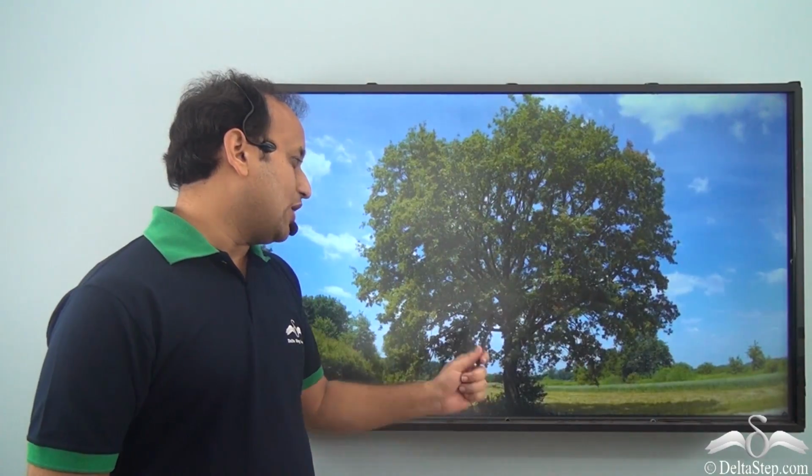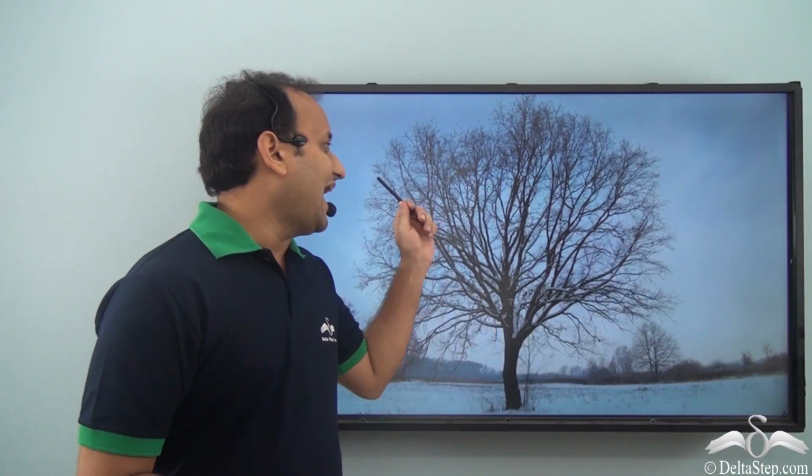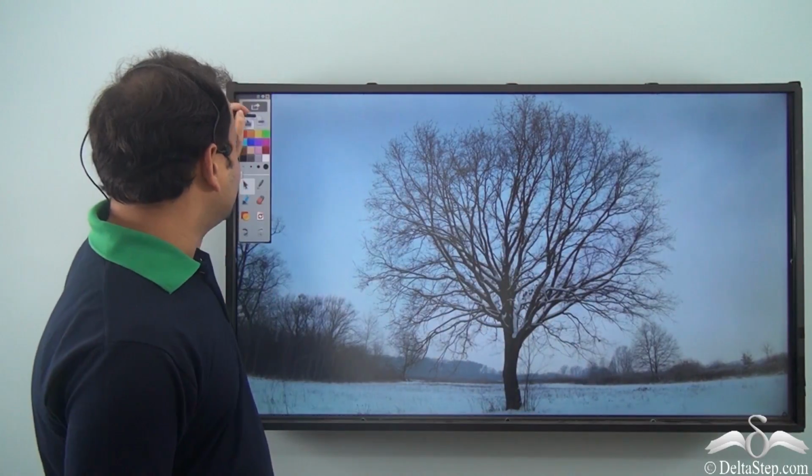We all experience different types of seasons on our planet Earth. And those seasons can be best seen on a tree, isn't it? You see how the tree changes according to every season? Sometimes it sheds its leaves, and then in winters particularly, you won't see any leaves at all on the tree. So these seasons are very different, isn't it?